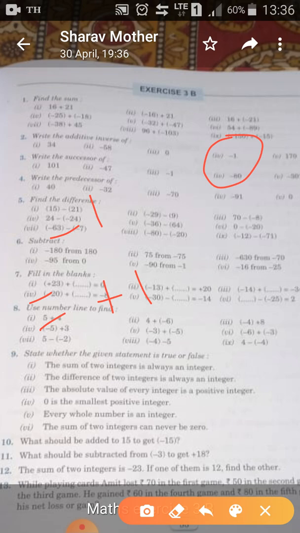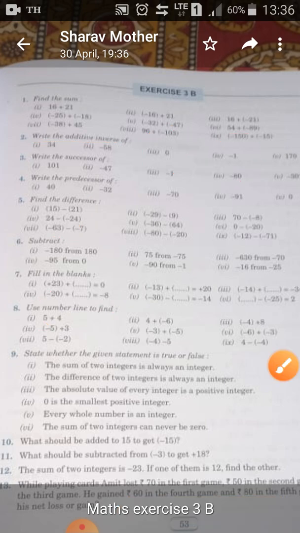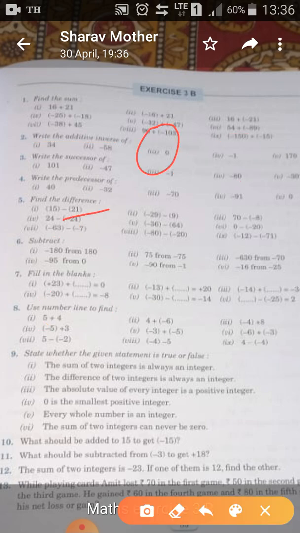Now let me make you understand the actual meaning of additive inverse. What is the actual meaning? Yes, like this one is very easy to do. 9, the additive inverse is minus 9. But why is it minus 9? The definition of additive inverse says that additive inverse is the number which when added to the given number gives